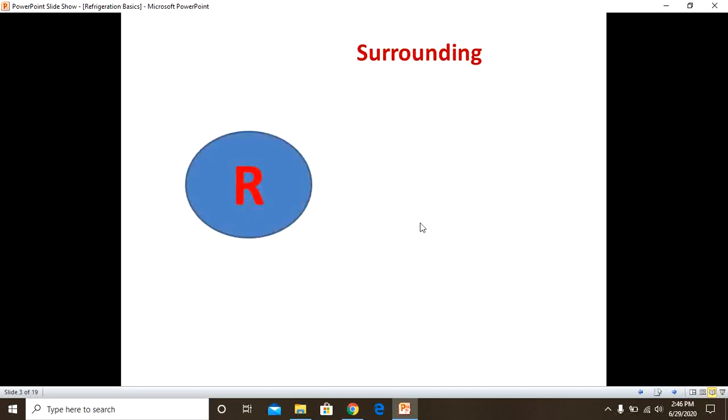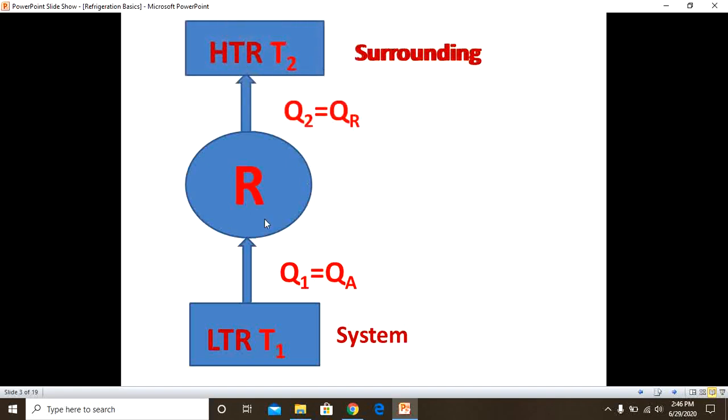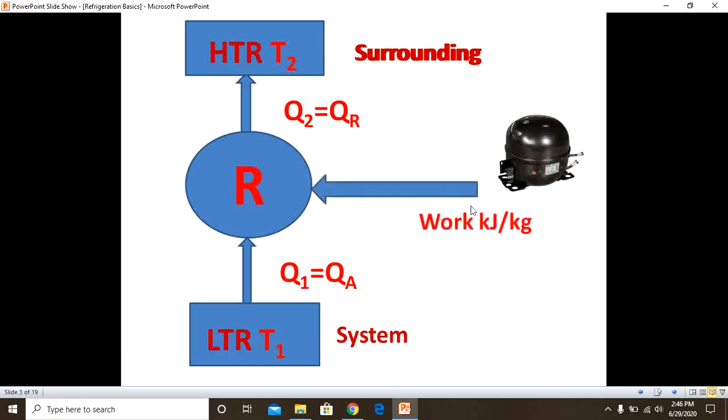Next we have to explain what the refrigeration process is. A refrigerator is a device which transfers heat from a low temperature reservoir to a high temperature reservoir with the aid of external work. This is the external work you are going to supply using the electric motor. In your home you can see, without electric current you can't run the refrigerator you are using today. At the same time, we use the compressor as the work input device.